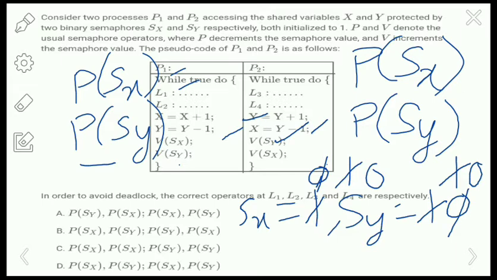So Sy was 0, right? It will become 1, and then the up operation on Sx increments the value by 1. Okay, so like this option D works for the given code.